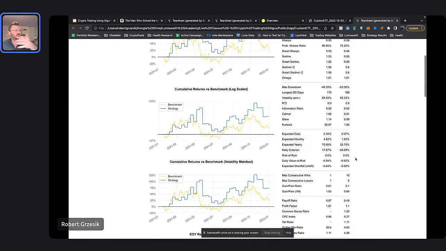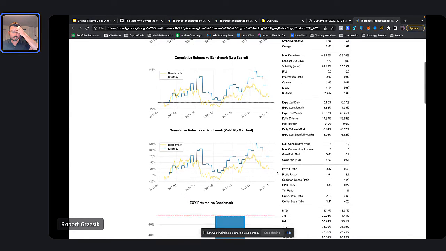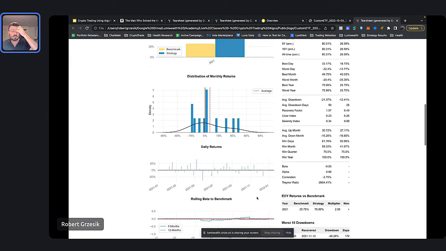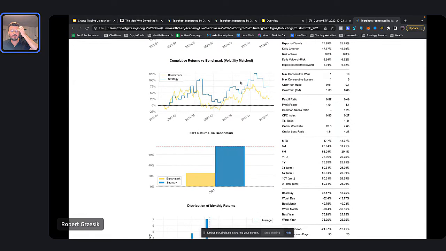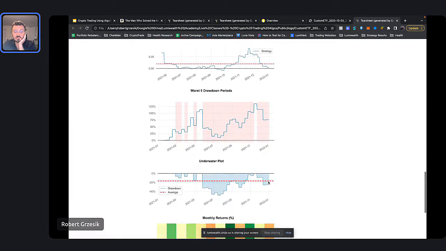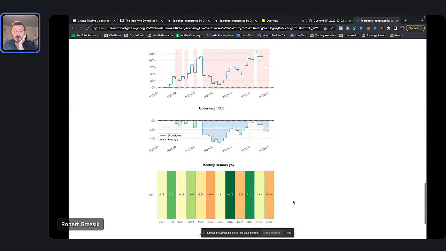This is a back test. This is how things would have happened in 2021. We're able to use our technology to simulate the trading, how things would have progressed back then. You can actually go through here and see all these different things, see how our strategy did versus the benchmark on a per year basis, on a volatility matched basis. So you see here, we're beating it even with the volatility taken into account. You could see which months did the best, what were the drawdown periods, and how long did they last?